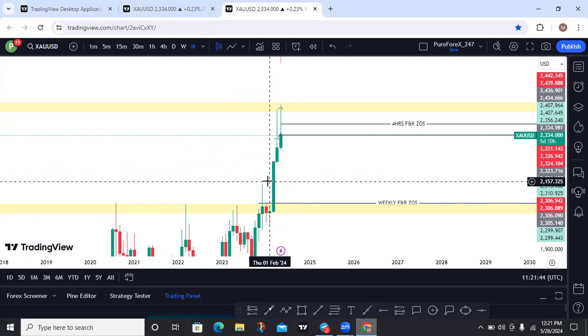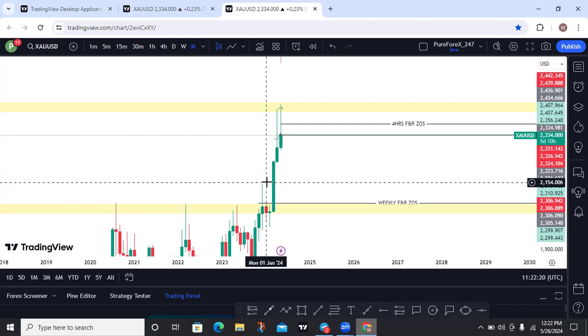I treat gold differently from other pairs with zone of sensitivity and other patterns that gold always creates in place of fantastic five. There are patterns that gold creates as well. So when it comes to gold, I treat gold differently from other pairs. Other pairs, 100% Bastra concept. When it comes to gold, I apply other different things for me to know where to take a trade.